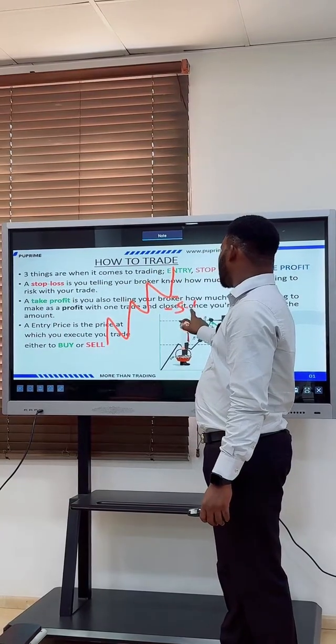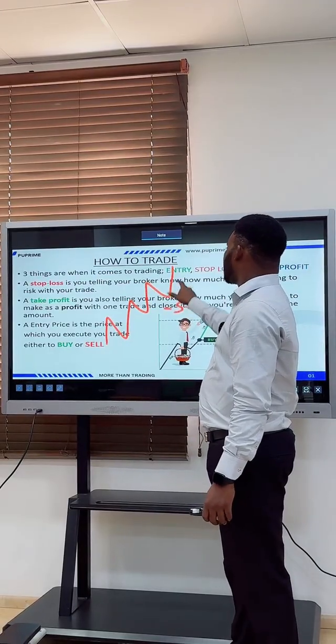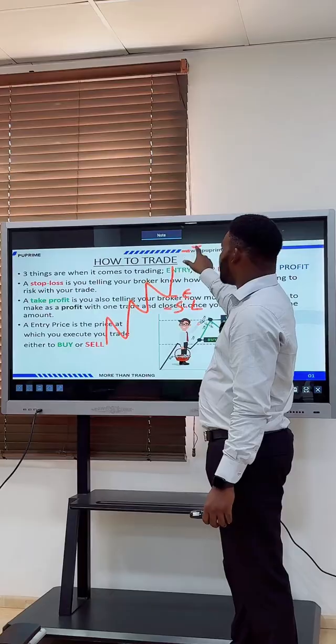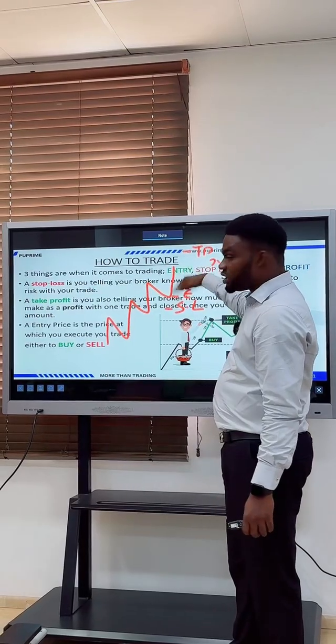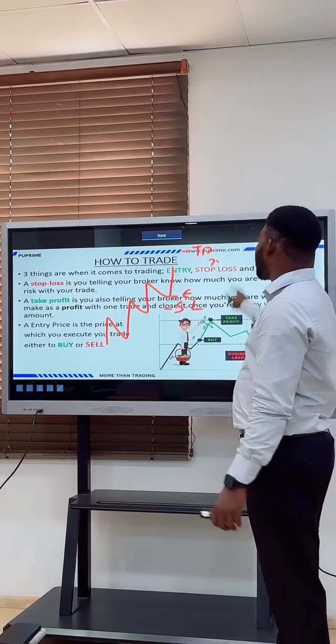My stop loss is going to be below. This is my entry. Then my take profit is going to be up. It could be anywhere, but it's going to be up. But in a market, in a downtrend,